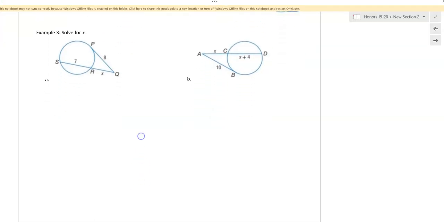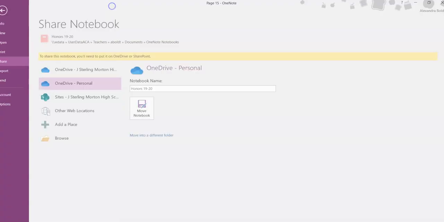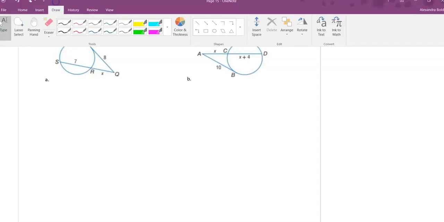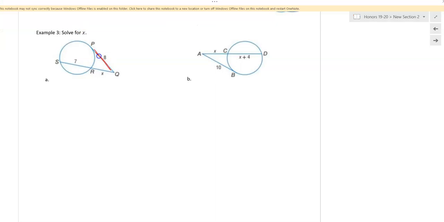So our first one. Example 3, solve for x. It's the one that only has 1 that's squared. So it doesn't have anything to be multiplied by, so it has to get multiplied by itself. Here, we're going to multiply the whole thing, which is x plus 7 times just this piece. So we have 8 squared is 64 equals x squared